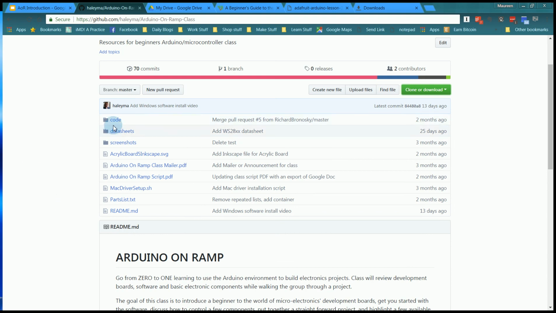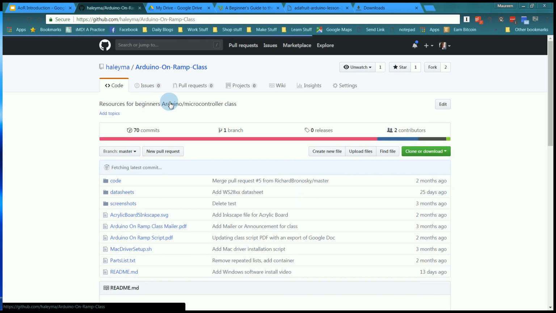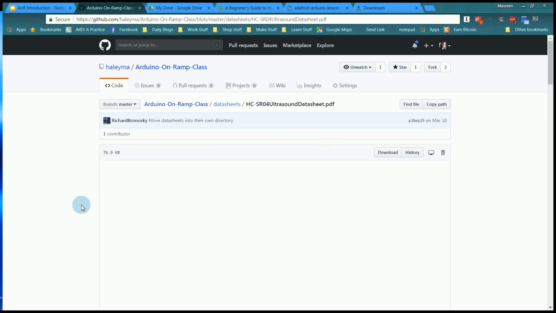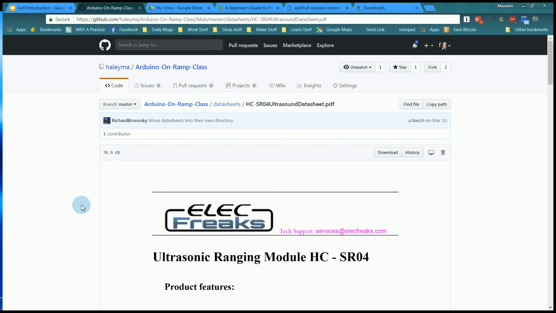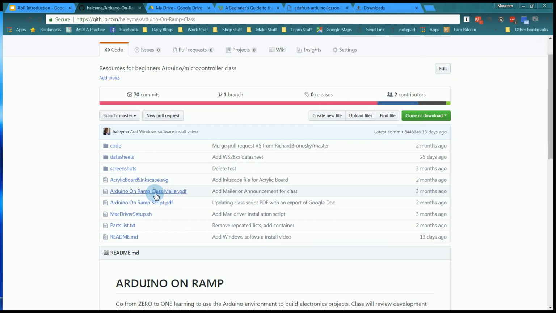Our different folders include the code, which has each of the Arduino code for our sample codes for the piezo, for the lights, for the ultrasound. We also have data sheets for each of our components. Here's the one for the ultrasound unit in case you want to get another one or you have some questions about some specifics. We also have the SVG file for the acrylic board that we